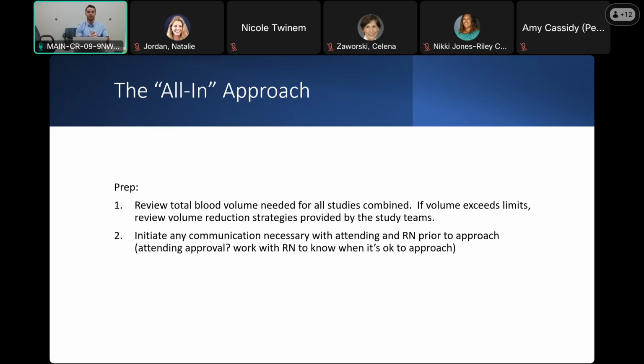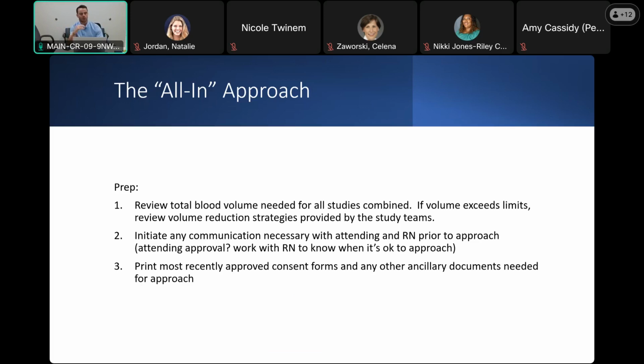That way, if there's anything that we need to plan around, so if the patient's going for a procedure somewhere, or if the team is going to be coming to the bedside to do something, or if they're bathing or whatever it may be, we can work around that. And the nurse is a little bit more comfortable because we're telling her or him all this information up front. So when the parents do say yes, then we have seen that we have gotten less pushback, especially when we go for 6, 7, 8+ studies. And we're getting what seems to be a lot of blood from the patient in one day at one time.